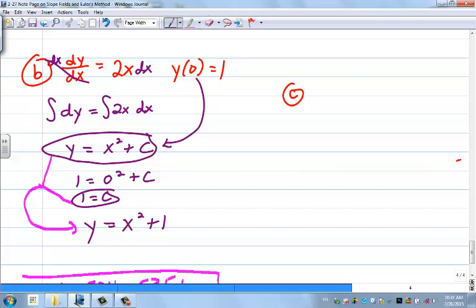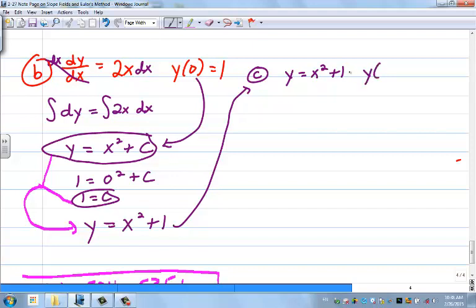So we know, first of all, using the differential equation, we can find the actual value for y of 1. So let me put c right here. We're going to use our actual solution, so y equals x squared plus 1. So y of 1 would equal 1 squared plus 1, which is equal to 2. Okay, so 2 is what our y of 1 is. That's the actual value of the differential equation. All right, so the error